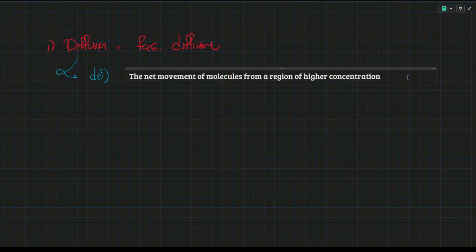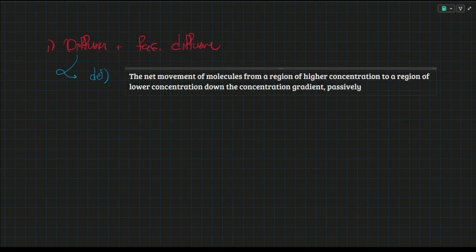At any given point, if a question states define diffusion, this will be the definition you're going to give for a 2-mark question, 3-mark question, 4-mark question. In any case, you will get the full marks if you follow through this definition completely. From a region of higher concentration to a region of lower concentration. We always know things go from a high to low concentration. So low concentration, down the concentration gradient